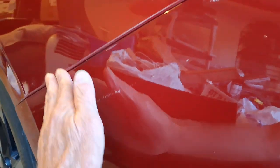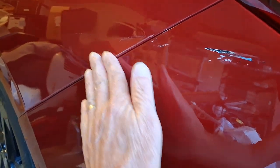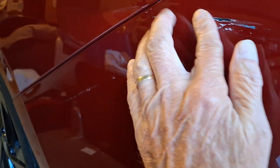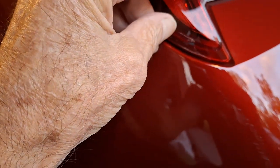$5,700 for uneven gap here, because it's not a smooth gap. And this here, and this right here, and this little spot here, and the tail light, which I'm going to keep the old tail light, and I